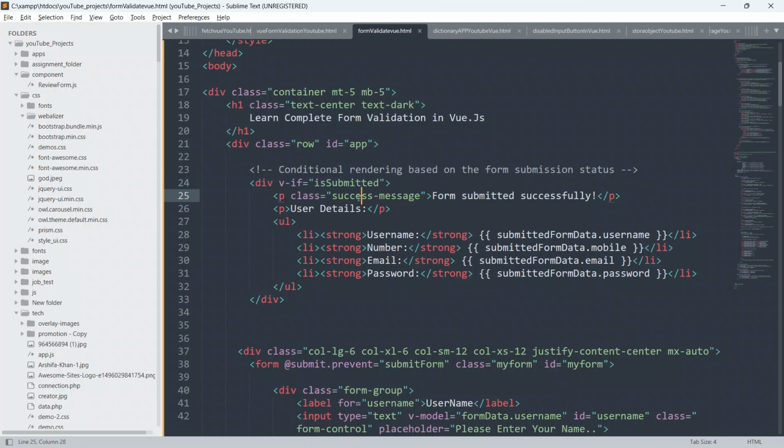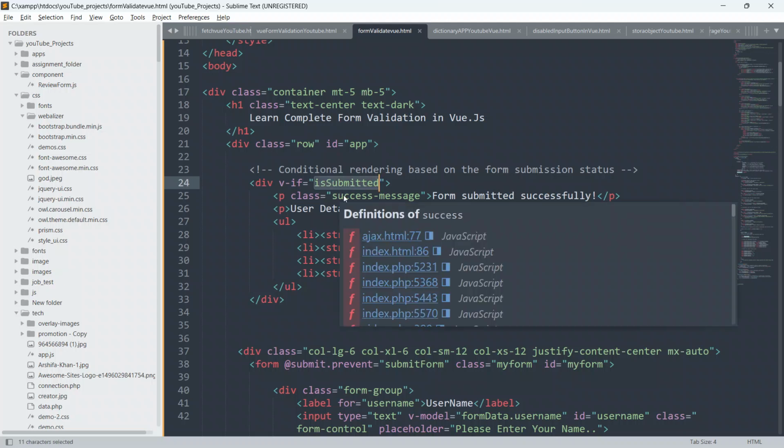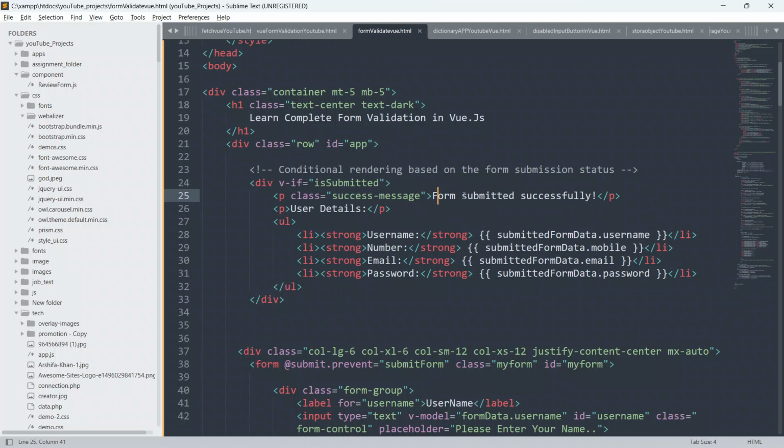So now this will be true, and we will display the success message that form submitted successfully. Here are the user details, and here guys I have created a UL, and I have given LI, and inside this there is a strong element: username, number, email, and password also.